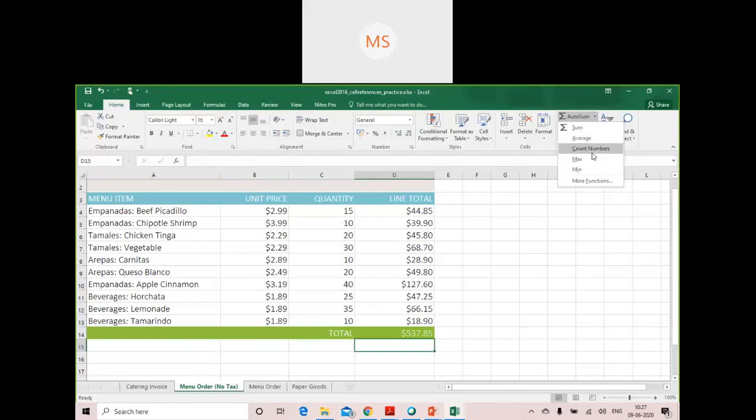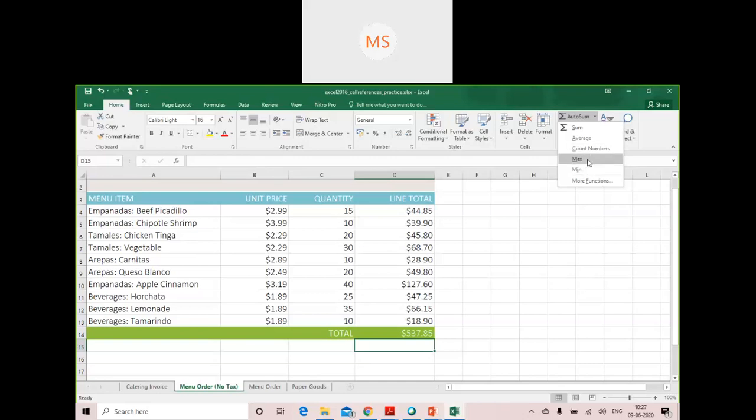If you try to use count numbers on menu item, it is not going to work. If you use it on unit price, yes, it will definitely work. On quantity, yes, it will definitely work. In the same way for line total, it will work, because they consist of numbers.